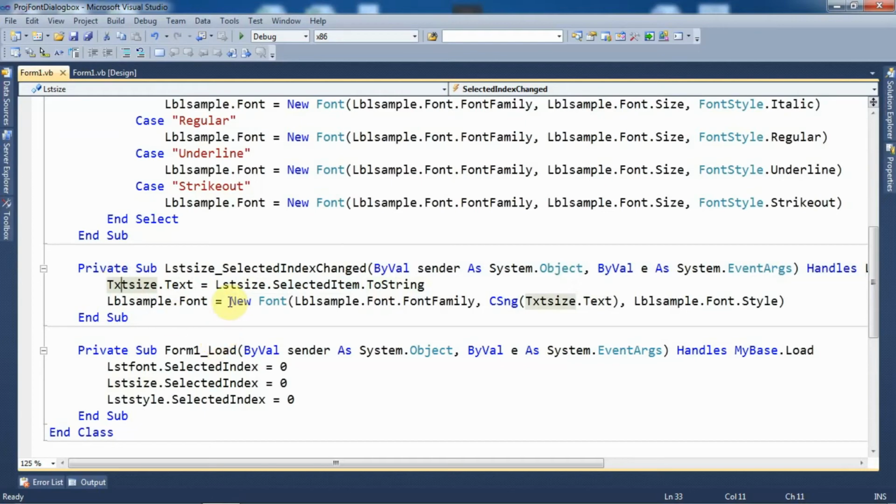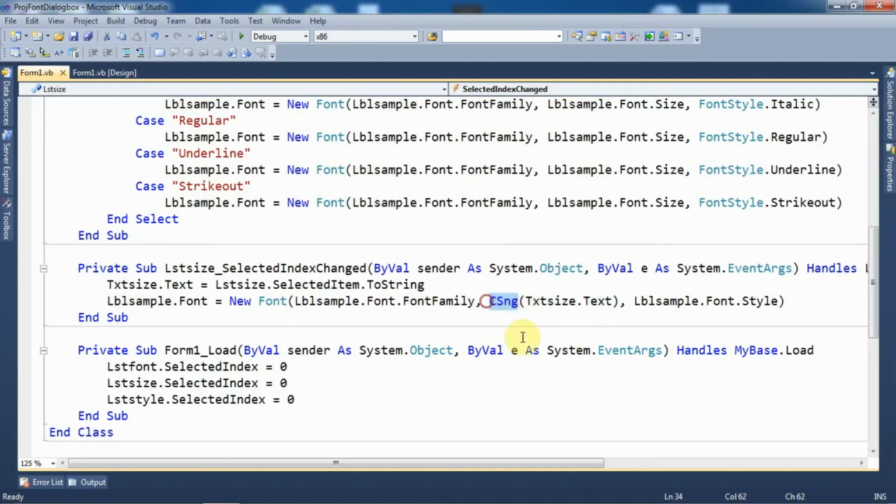After that, again the same thing, we will create the object of the Font class, and within that we have to specify three parameters. First is the font family, which will remain as it is, so I have specified lblSample.Font.FontFamily. Now the second argument will be changed because it is the size, and the size is taken from the text box control. But as we know, the value present within the text box control is of string data type and the size is of Single data type, so we need to convert that value, and for the conversion I have used the CSng function.